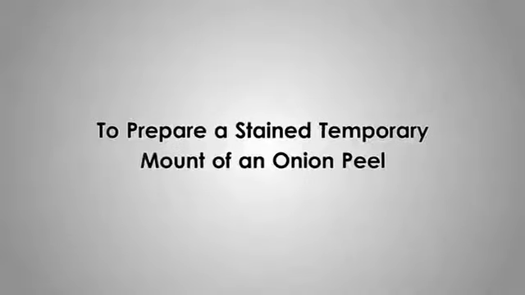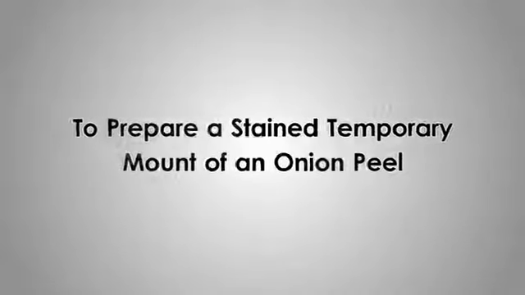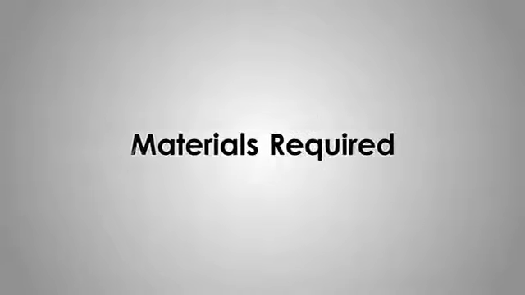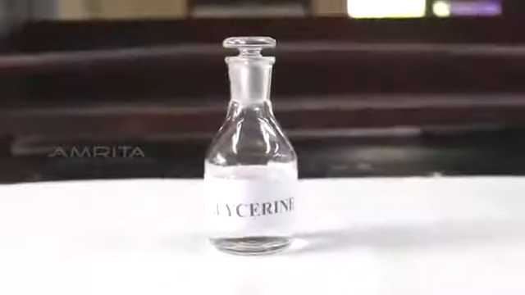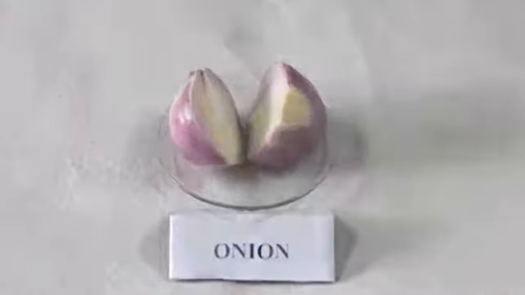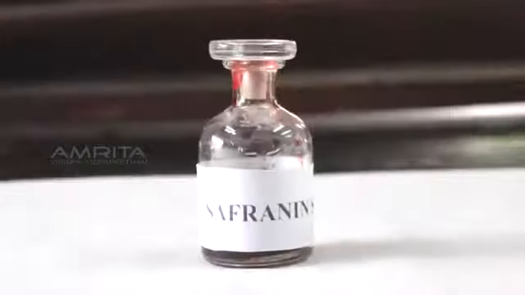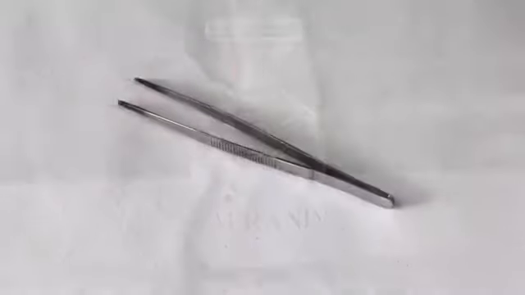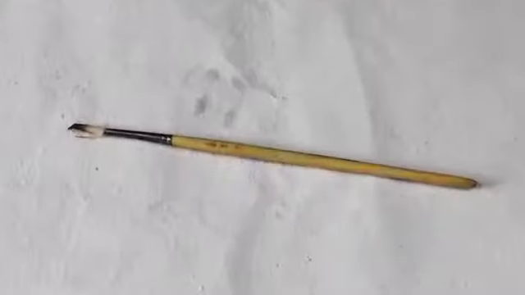To prepare a stained temporary mount of an onion peel. To do the experiment, we require cover slip, glycerine, glass slides, onion, watch glasses, distilled water, saffron in solution, forceps, brush, needle, compound microscope, blotting paper, and a dropper. Procedure: